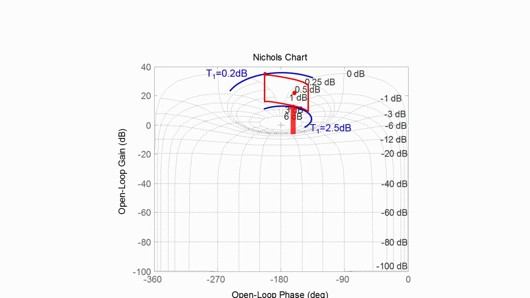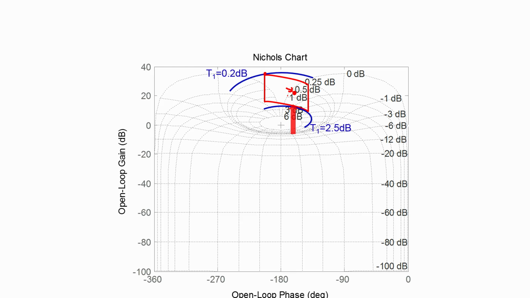Hence if we locate our loop gain at this particular point, we can ensure that our transmission function T1 changes by at most 2.3 dB when the plant parameters, namely its gain and its pole location, change within the specified limits. However, we are not guaranteed that our controller eventually is going to be a proportional controller.